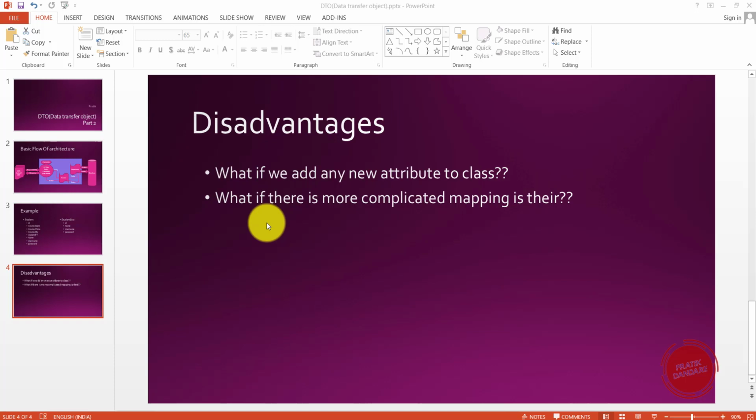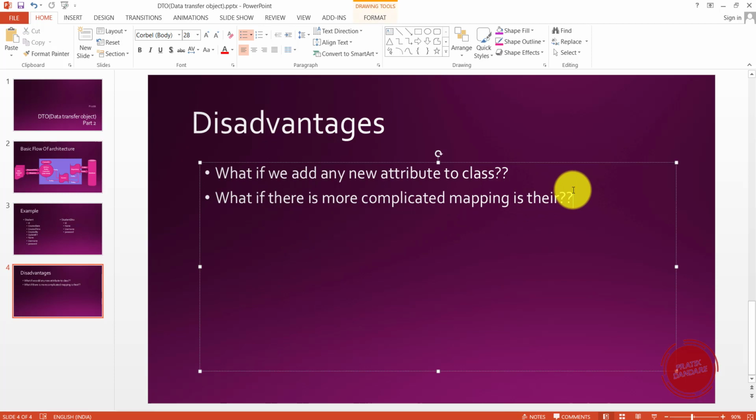For example, suppose you have a student class that has an address class. While getting the entity, you get it like student.getAddress().getPinCode().